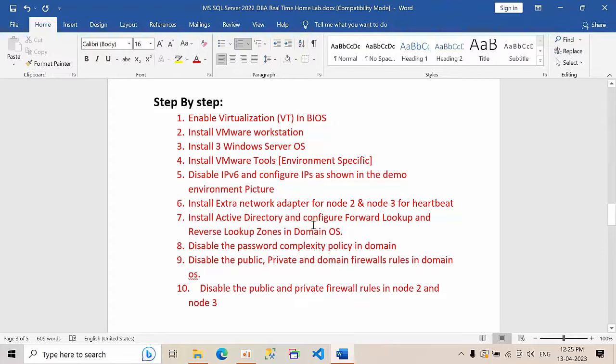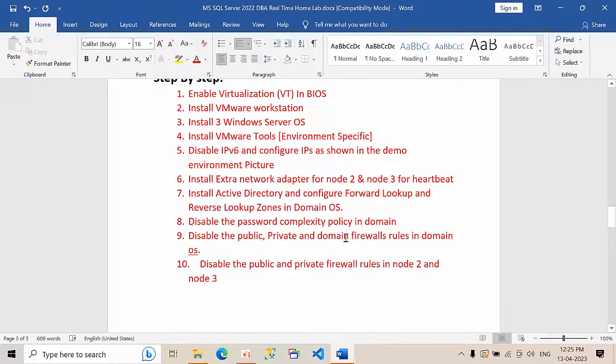We need to install Active Directory and configure the forward lookup zone and reverse lookup zone in the domain OS. We need to disable the password complexity policy in the domain. This is optional. Why? Because all the OS are under my control, so I don't want to enter complex, very big passwords again and again. We also need to disable the public and private firewalls,